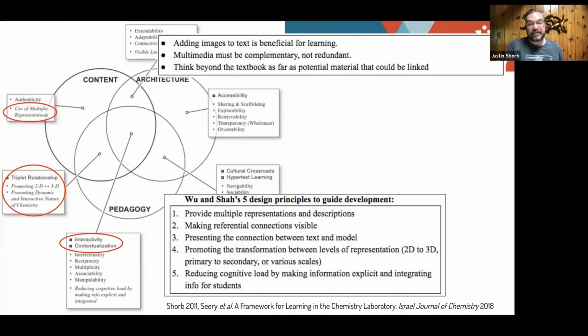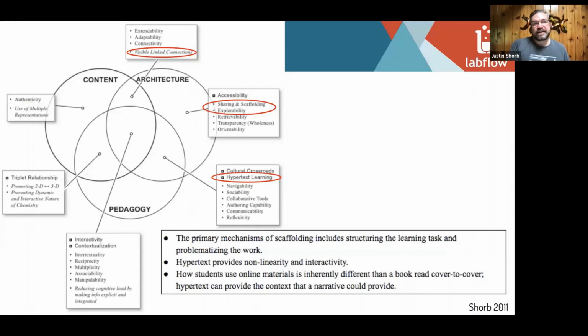Yeah, I would say that many of you might work with discipline-based education researchers in your departments, and I encourage that use when you're thinking about designing and building your own material to contribute to LibreText, because they can help you think about how pedagogy ties to the content. There are fewer people who work specifically on the architecture of your material, how you organize it. That's mostly the area that I work in. So I leave that to you to think about, but the main thing that you want to start with is just recognizing that the hypertext world is